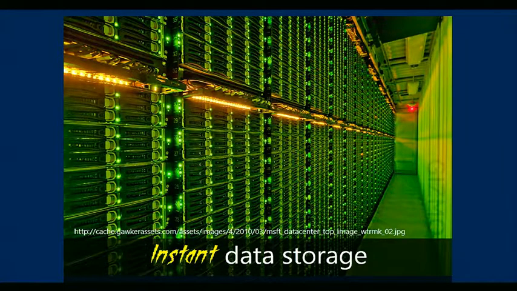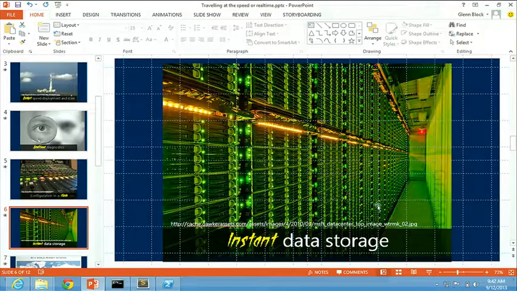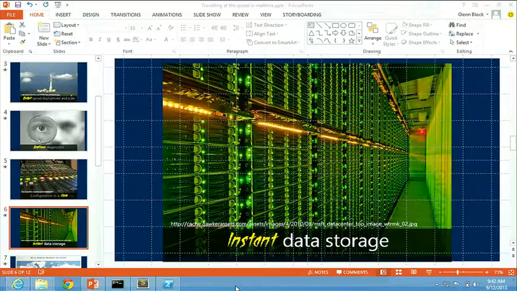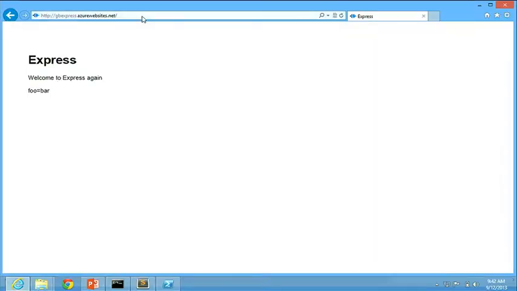We now have MongoDB as well. How many people here knew that we had MongoDB in Azure? So we now have Mongo in the store. I'm going to show that to you. And we have this really cool thing, which I'm just going to jump over to, called VM Depot. I'm guessing you guys have not heard of it. But what VM Depot is,